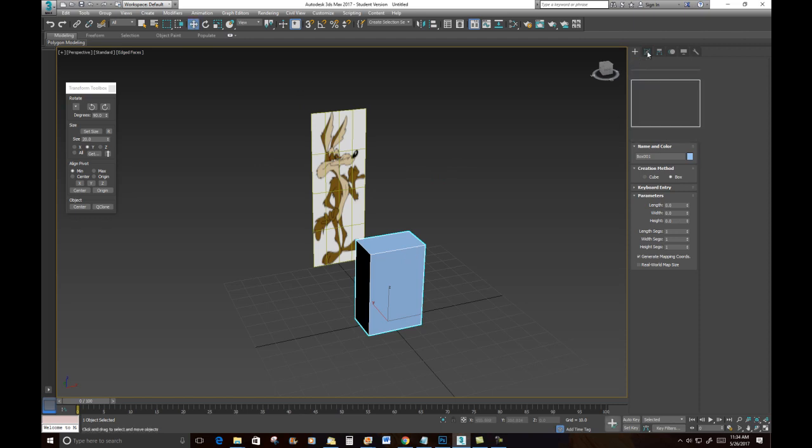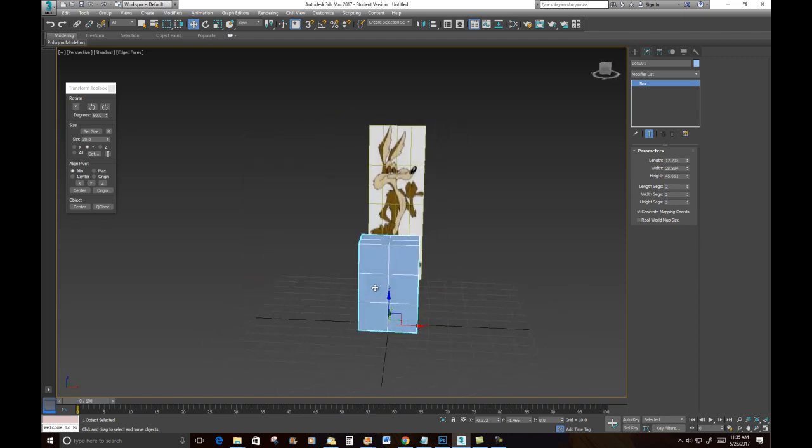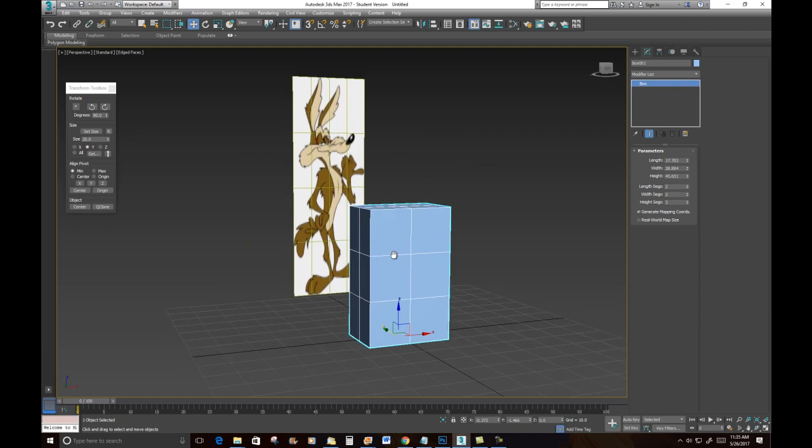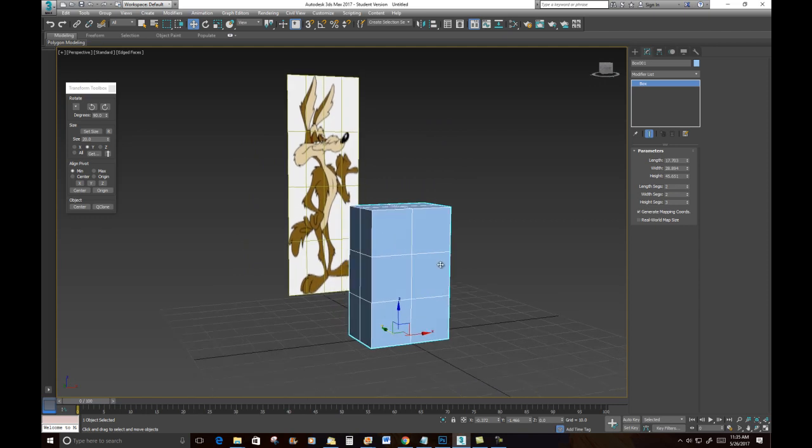What I want to do is go to the Modify tab, and I'm going to do the segments. I want the width segments to be 2. I want the height segments to be 3, and I want the length segments to be also 2. So, whoops, back up, 2. So what I get then is a box, and I want it to roughly be kind of